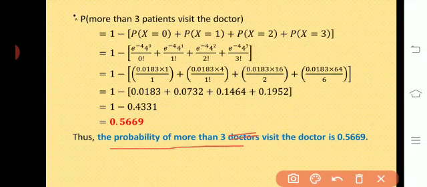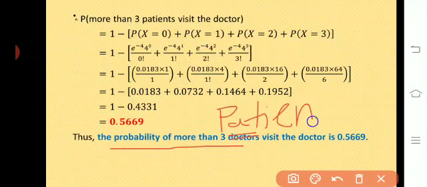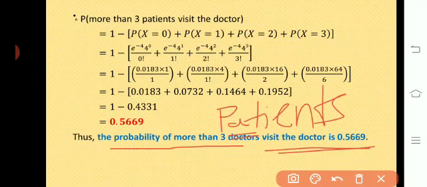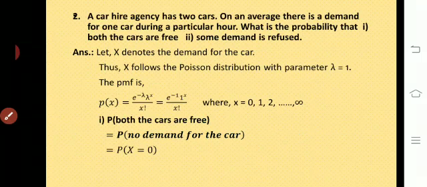not doctor, here patient, more than 3 patients visit the doctor is equal to 0.5669. More than 3 patients visit the doctor is nothing but 0.5669. That is the solution for the second sub question. So these are the 5 mark questions on Poisson distribution. Next class we will solve some more examples,